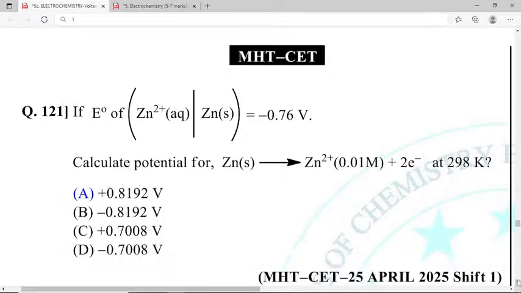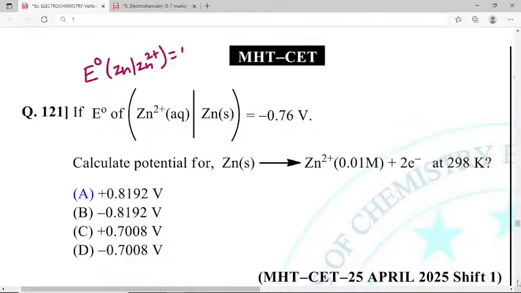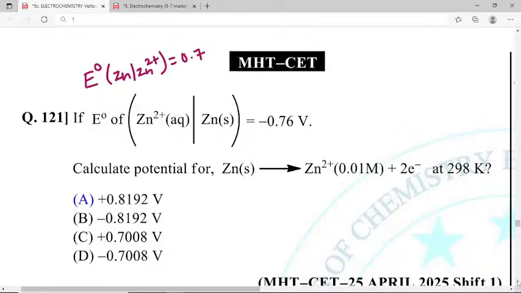ठीक है, हा क्वेश्चन सॉल्व करा. E naught Zn 2 plus. Same question here. E naught of that's what we have to calculate. Zinc, Zn 2 plus. So is equal to, value should be taken as 0.76 volt. 0.76 volt, positive value. Always remember. Then, so what we have to calculate? That's E zinc and Zn2 plus is equal to E naught Zn2 plus minus